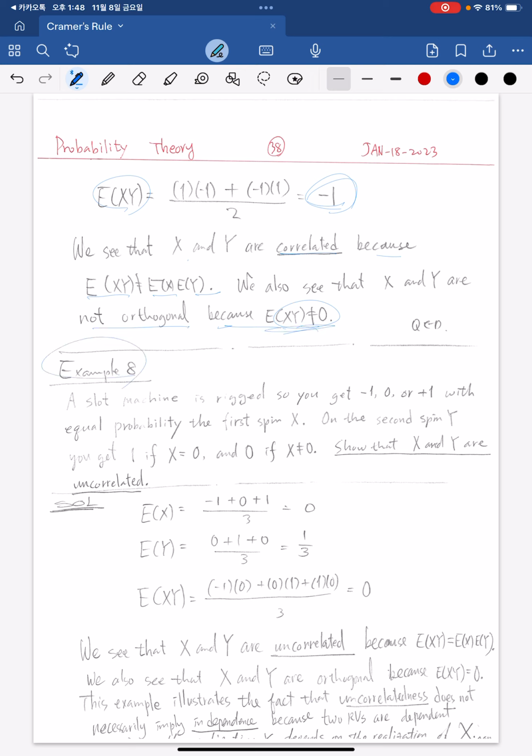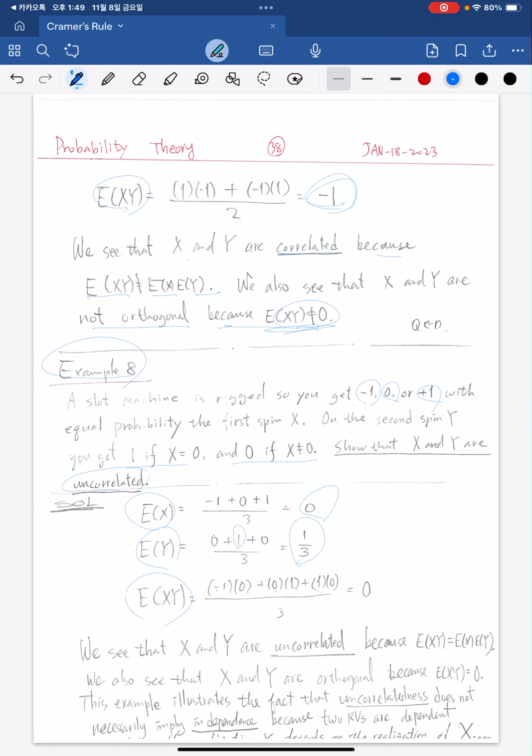Example 8. A slot machine is rigged so you get minus 1, 0, or plus 1 with equal probability on the first spin X. On the second spin Y, you get 1 if X equals 0 and 0 if X is not equal to 0. Show that X and Y are uncorrelated. E[X]가 뭐냐면은 마이너스 1, 0, 1 하면은 0 되고 E[Y]는 0일 때만 1 되고 나머지 0, 3분의 1 되고 E[XY]는 또 하면은 마이너스 1일 때 0, 0일 때는 1 되고 1일 때는 0 되고